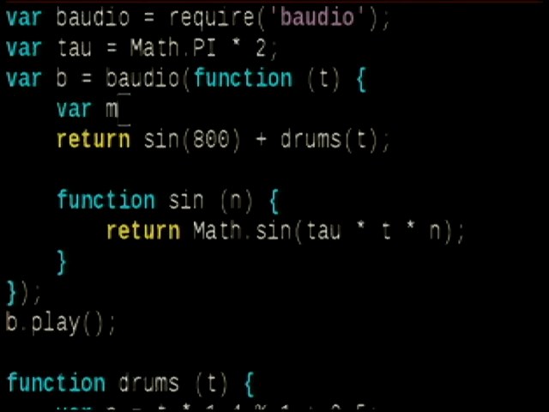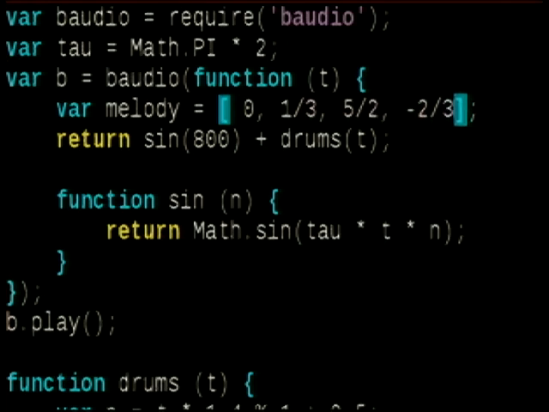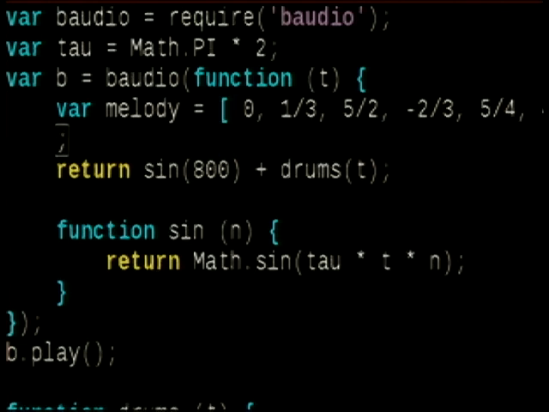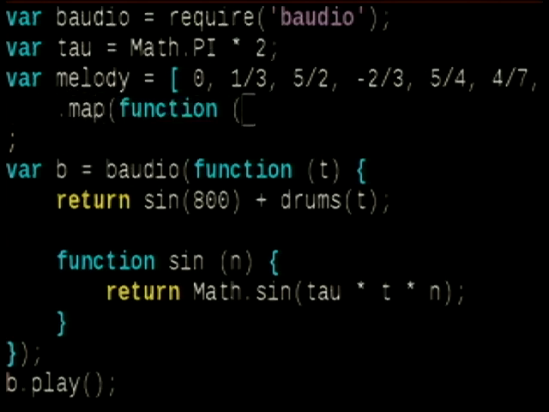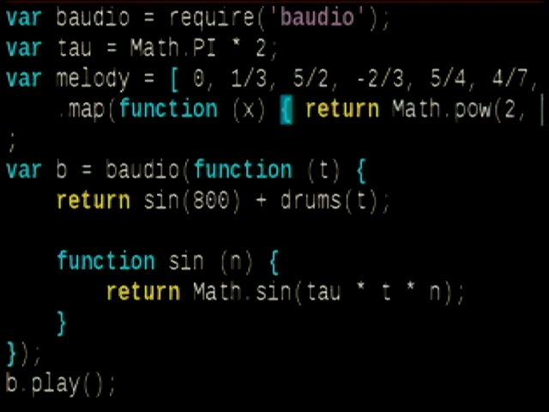If we want a simple melody, we can do that. So we'll just define a little array of, I don't know, whole number ratios. Negative 2/3. Thirds are kind of happy. I don't know that I like thirds very much. 4/7, 5/12. 27/11. All right. Cool. So if we take this melody, actually we probably want to move this out, and we map it. This is the part that makes whatever you just did sound awesome. If you return math.pow of 2 times that, it'll just sound good. It doesn't matter what it is.